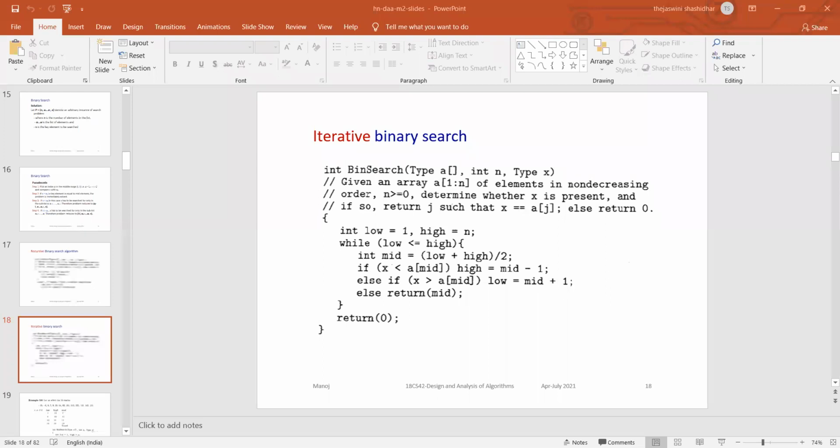If it is less than, you should go with which part, left or right part? If the key element is less than the middle element, which part are you going to have? You go with the left part. In the left part, you have where is low and where is high. Can you tell? Now you have left part, middle part, right part. So where is low? Low is in left part or right part?